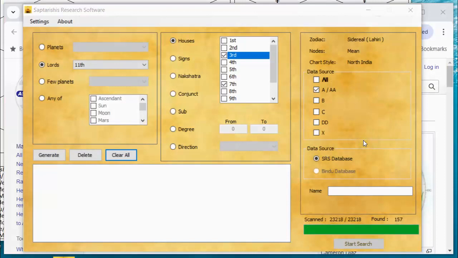Okay, so I'm back, and this is demo number 3. In demo number 1, I showed you how to find your way to the Saptarishis site, locate the request section to get yourself a copy of the Saptarishis astrology research software. And I did not cover how to download the zip file and install. You're going to figure that out on your own.